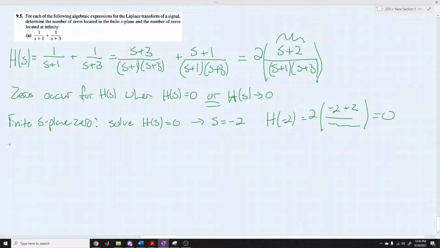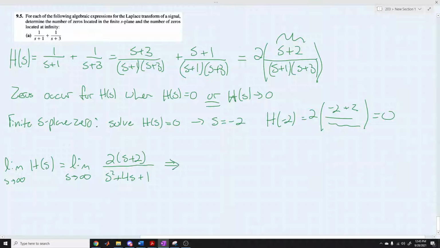Now, to figure out if we have one at infinity, well, we're in the S-plane, so we need to let s go to infinity. So if we take the limit as s goes to infinity of H(s), well, that's going to equal the limit as s goes to infinity. And now I'm going to expand that bottom term, and it would be (2s plus 2) over (s squared plus 4s plus 3), right? Now when we're talking about taking the limit as s goes to infinity, well, this s squared is going to dominate, right? This s squared is going to be much larger than anything else. So we can kind of say, well, that goes to the limit as s approaches infinity